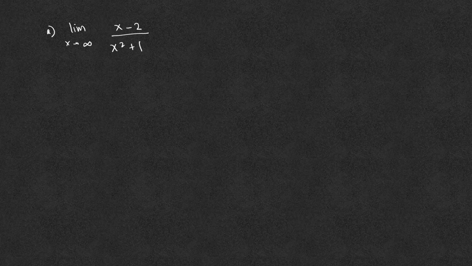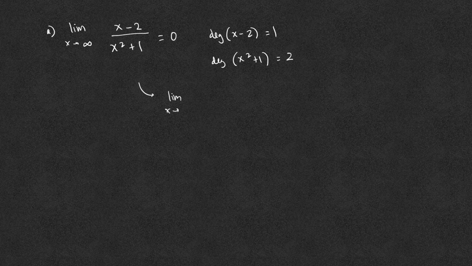The limit as x goes to infinity of (x minus 2) over (x squared plus 1), which is the limit of a rational function where the degree in the numerator is 1 and the degree in the denominator is 2. We see that the degree in the numerator is strictly less than the degree in the denominator, and so this limit is 0. But to confirm it, we take the rational expression and divide by the highest degree that appears